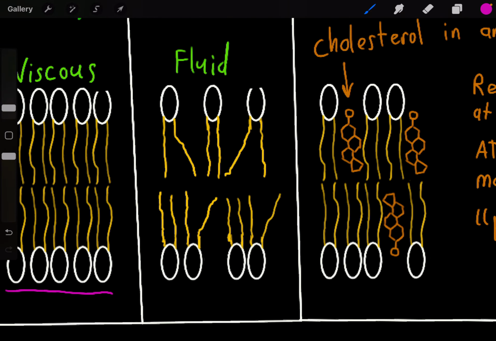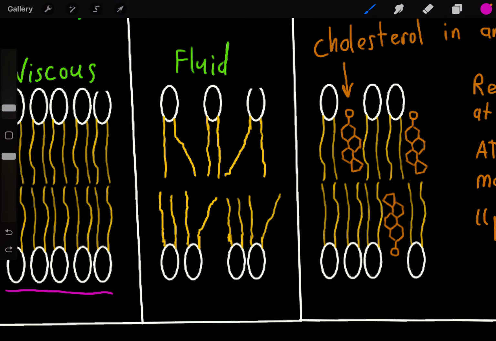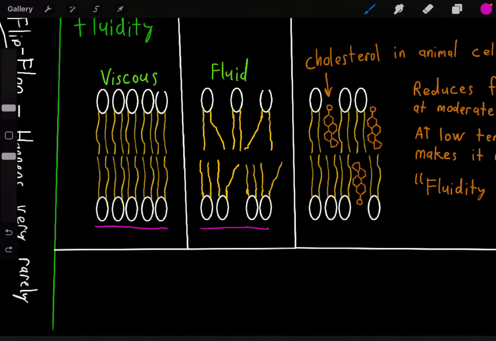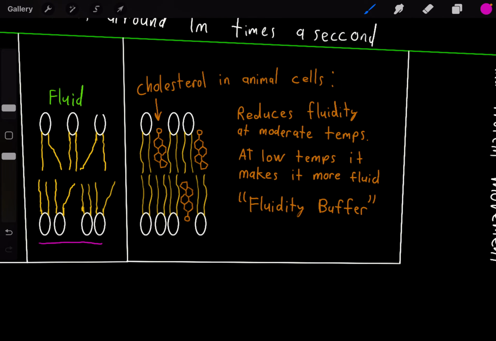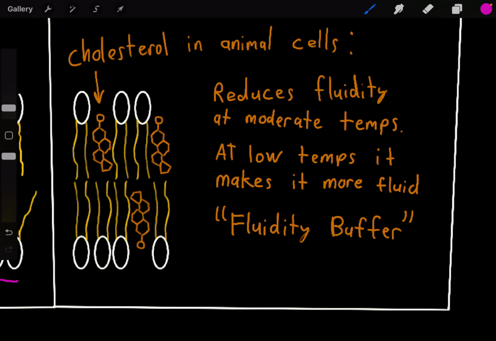We have a more fluid-like structure here. As you can see, we have unsaturated fats, which means it has double bonds and it creates kinks. So it has fewer hydrophobic interactions, which makes it more fluid. So it's a good thing to know what viscous and fluid mean, but what actually maintains the fluidity and the viscousness of your plasma membrane is cholesterol. So this is cholesterol right here. All of these are cholesterol,